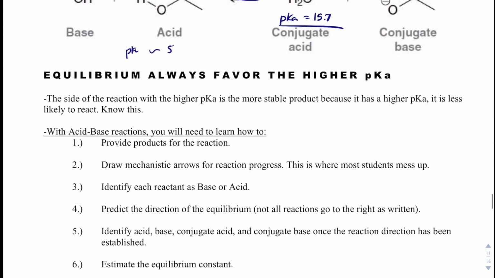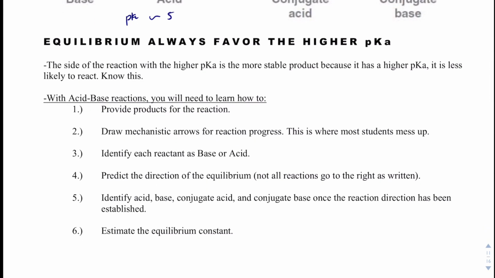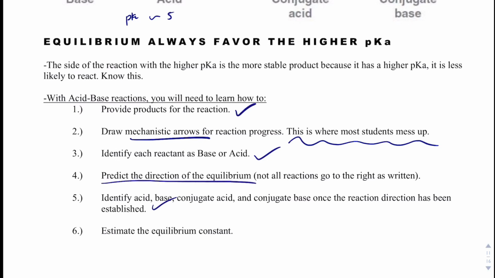So with acid-base reactions, you will need to know how to provide products. We'll be able to do that. It's very important that we draw correct mechanistic arrows, okay? That's where I'm going to tell you right now, that's where most students mess up. We're going to identify acids and bases. We will identify conjugate acids and bases. We'll get the pKa so we know which way the equilibrium lies, and then we'll be able to estimate the